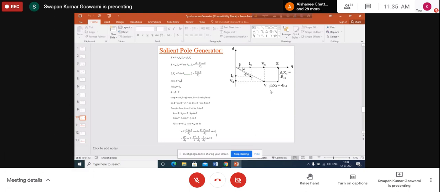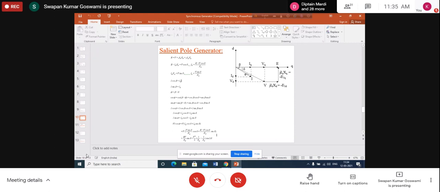So if the flux is different, what will be flux linkage by current, that is inductance. Flux linkage by current is inductance. Flux linkage by current also will be different. As a result, there will be difference in inductance at the two positions. There will be difference in reactance at the two positions. So salient pole machines are generally represented by using what they call two reaction theory. That means there will be two armature reactions. That's why two reaction theory.